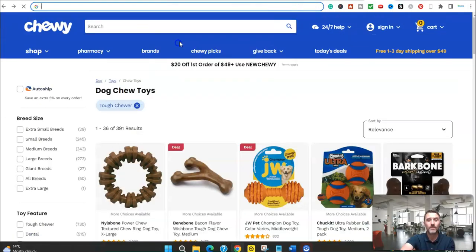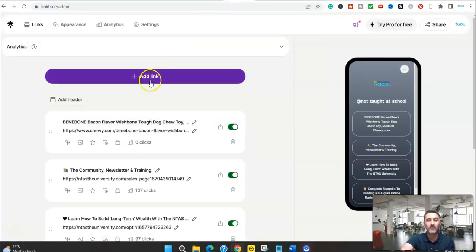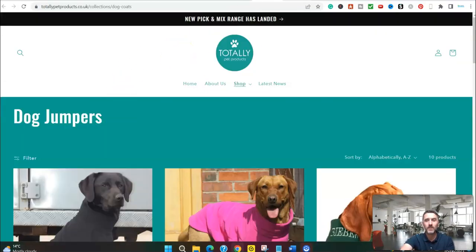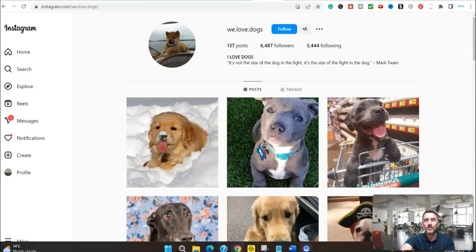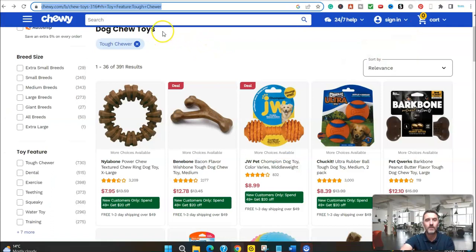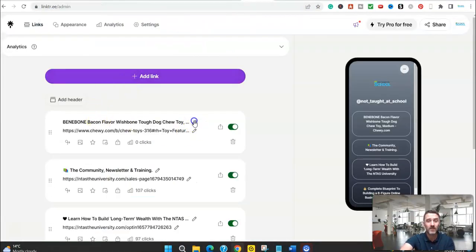So we'd copy that and we'd come back over here into Linktree and we'd just edit this. So I'd paste that into there like so, click on here, and then all I'm doing here is, let me get rid of that page. I'm going to come back over to here and I'm just going to copy it. See, I'm just copy and pasting basically. Click on there, let's get rid of all that, paste that in there, and that's that done.